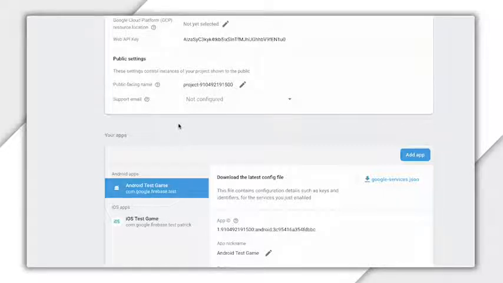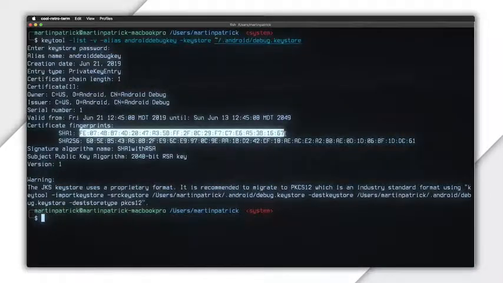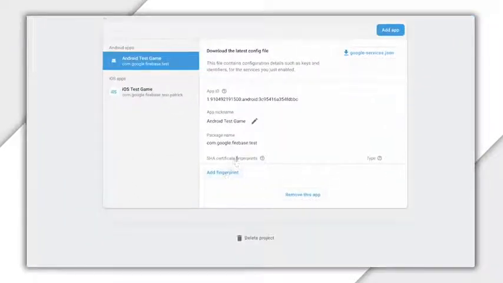So open a terminal and type keytool -list -v -alias androiddebugkey -keystore android.debug.keystore. Note that your password will be android for your debug key. The debug keystore is automatically generated whenever you first make an Android build. If you get an error message telling you that it can't be found, just run an Android build from Unity real fast. Now copy the value under SHA-1, switch back over to your Firebase console, click Add Fingerprint, and paste